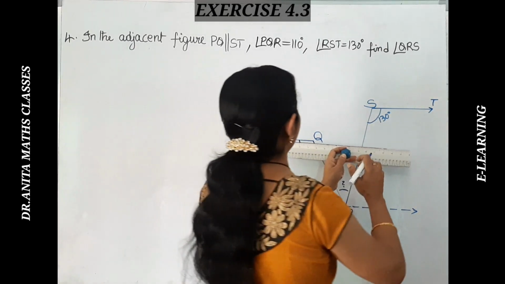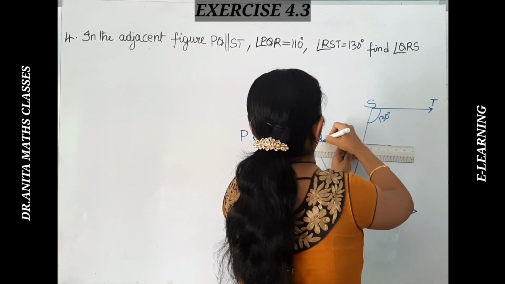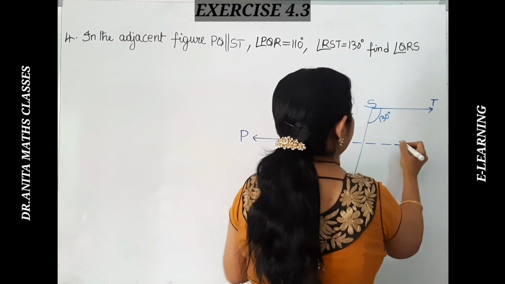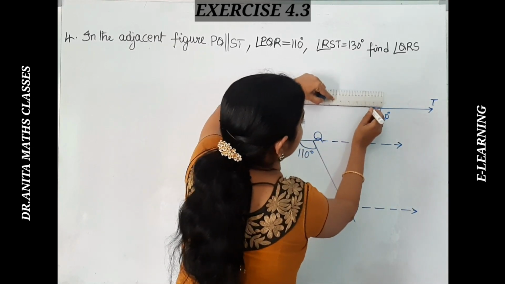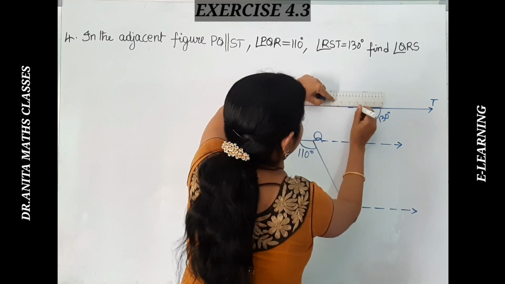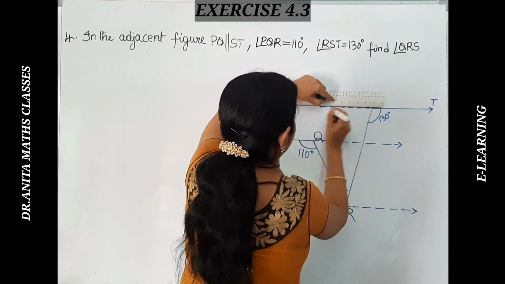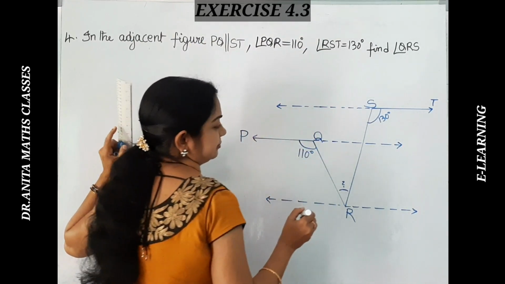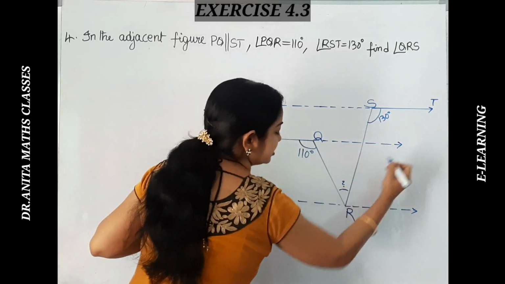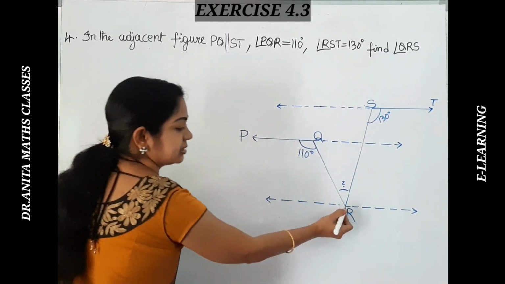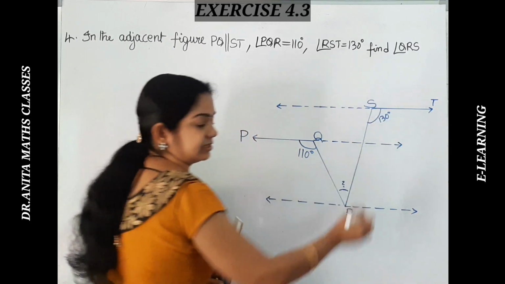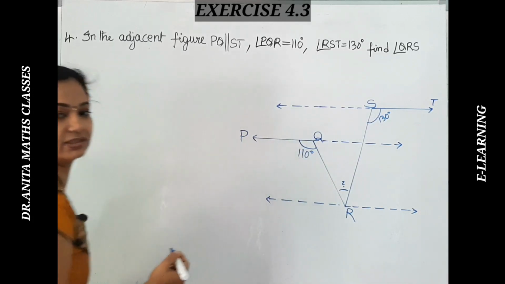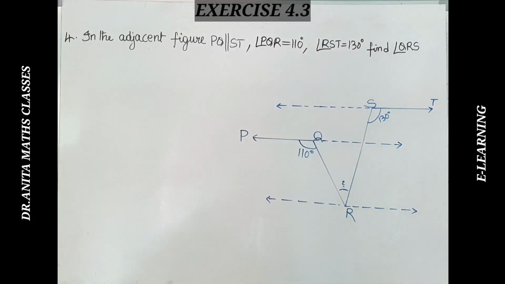Okay, and also let me extend this. If you are extending, keep the extension also in dotted lines. These are all straight lines and can be extended. So I'll be extending this. Here what I did: I've drawn a line passing through R such that it is parallel to ST. That is the hint given, and I've also extended ST towards this side, since they are all straight lines and they are parallel.